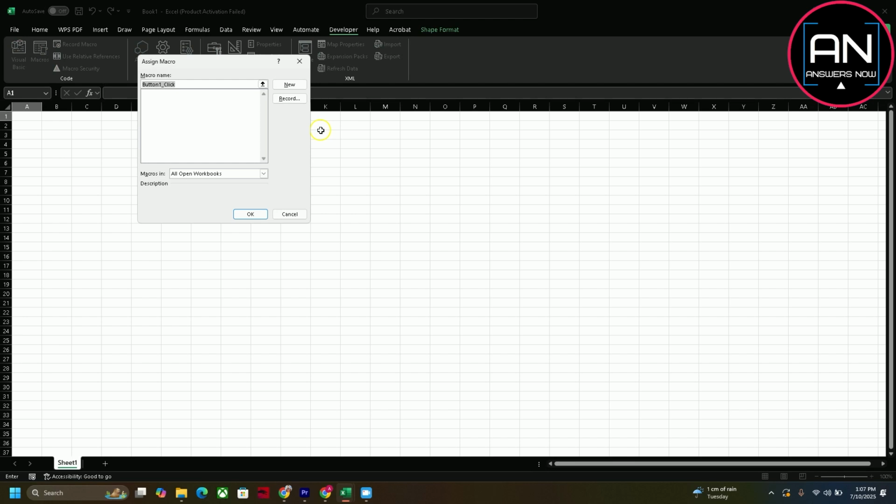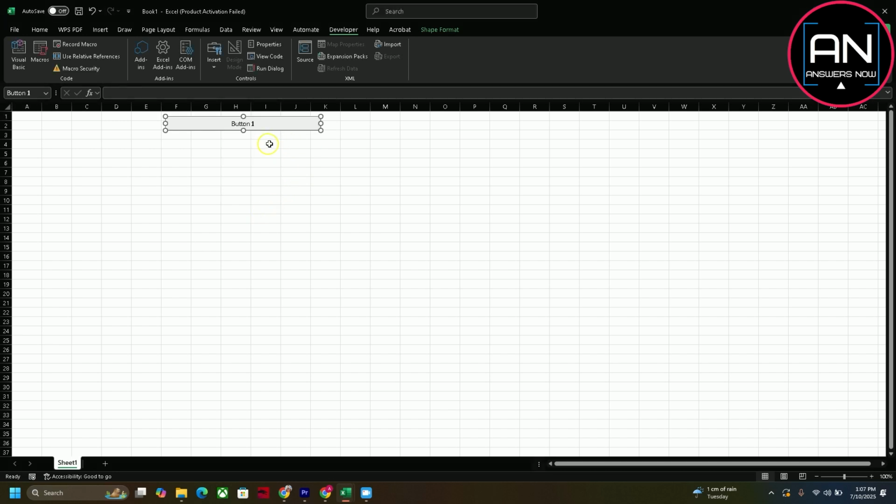But remember, just because you have added in a button and you click on it, it doesn't mean that it's going to do anything. For the button to actually do something, you have to assign it a macro, and that's basically regarding you doing something. So when you press the button, Excel will know to do something, and that's how you can add a clickable button